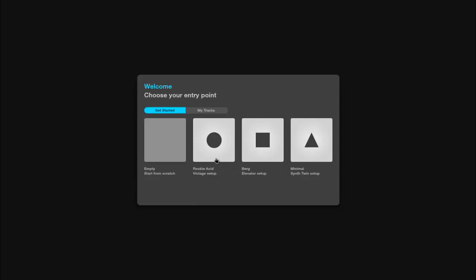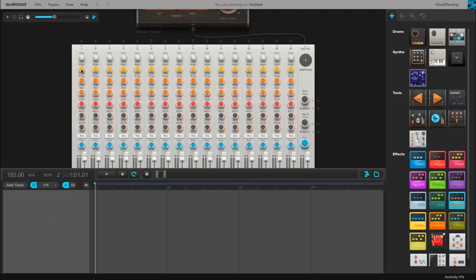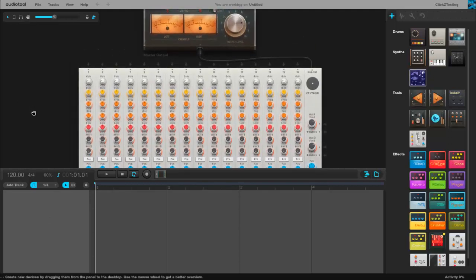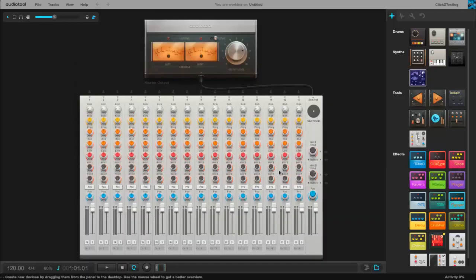I didn't really find any use of them. When I first got on the site, I literally just did the empty. Kind of boring doing anything else. And you're immediately going to get this desktop. So for say, you can go ahead and close that by pressing that button right there.